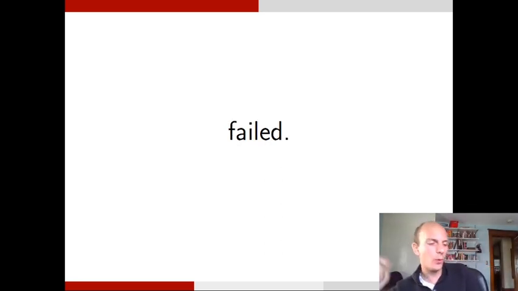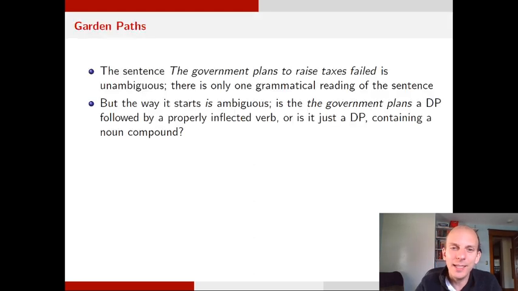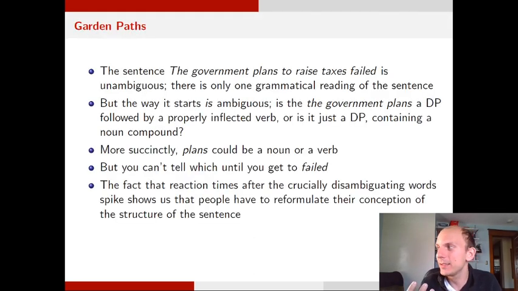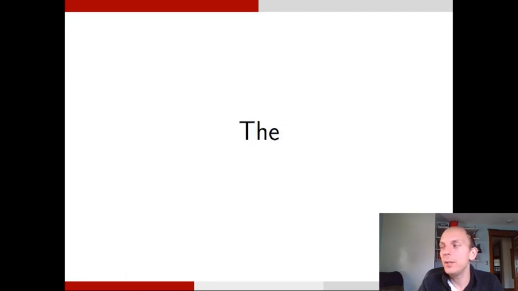So we have to do a total rewrite of the sentence that we have once we get to this word failed. It really hinges on this word plans, right? Whether plans in the government plans to raise taxes is the core noun or whether it's the core verb. These are garden path sentences. And so what you'll see when people do these read-throughs of the sentence word by word, they truck along, like, yeah. Oh,